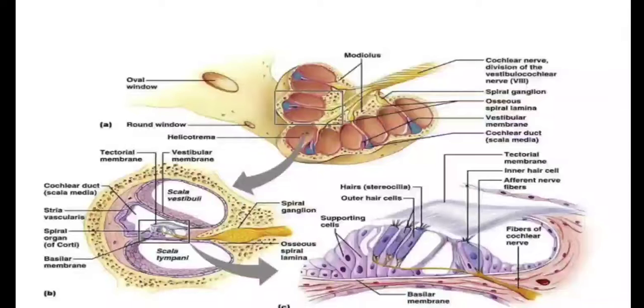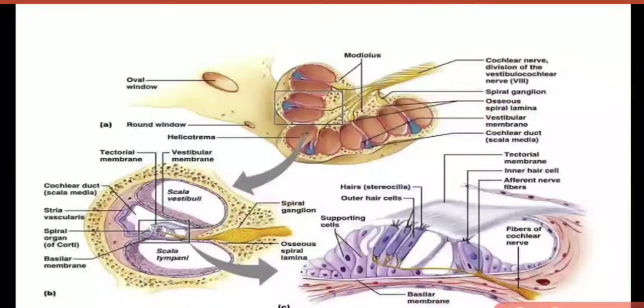Now next is again the same structure, that is the inner ear structure. This is the transverse section of the cochlea. In transverse section you can see that at the tip, this tip is known as helicotrema. At this part, scala tympani and scala vestibuli join. Now this part is zoomed to show the different parts in it, that is the location of scala vestibuli and the location of scala tympani, depicted over here in this diagram.